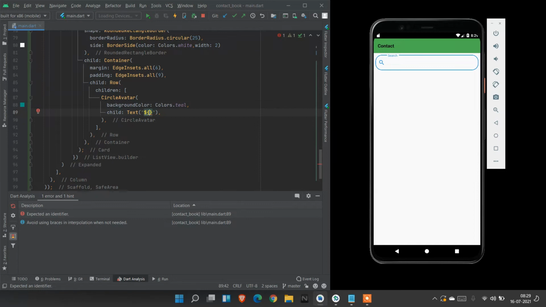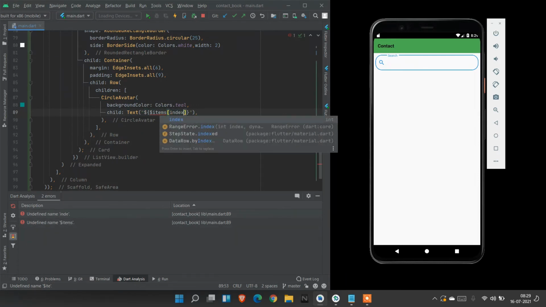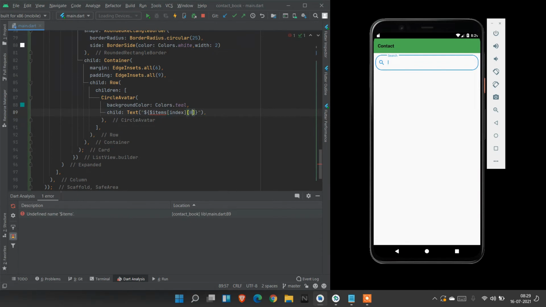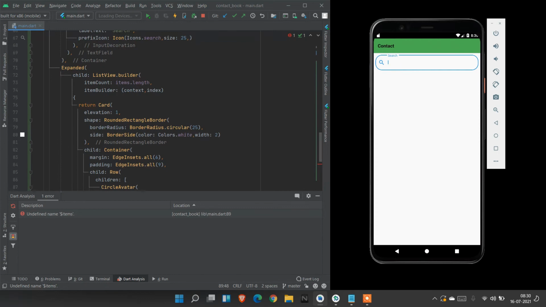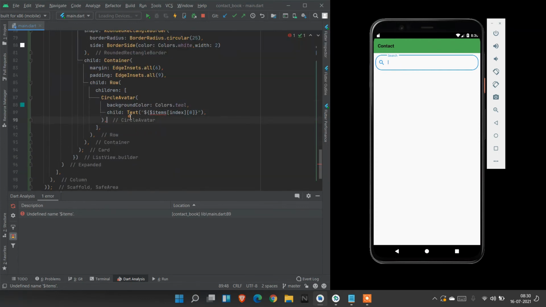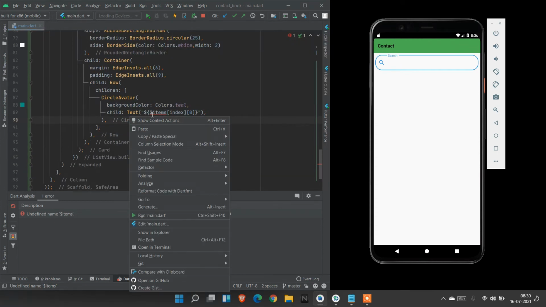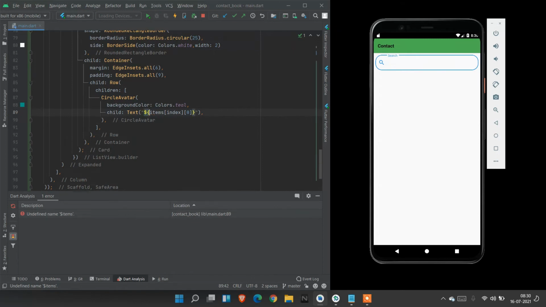Inside the text we need the name's first letter, so our list name is items, items of index, first letter, and I need to display it here. Items of index, we don't need this dollar symbol here.